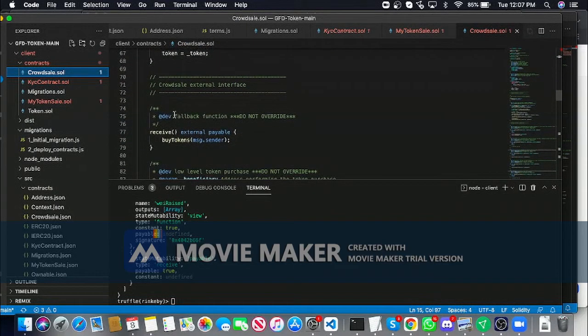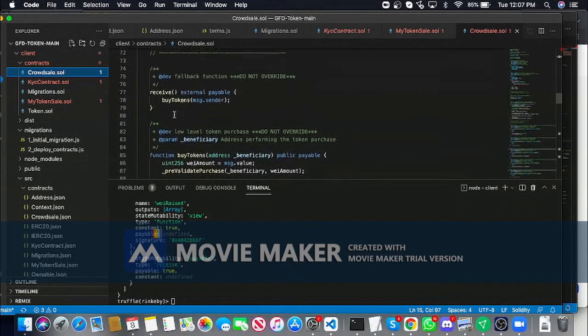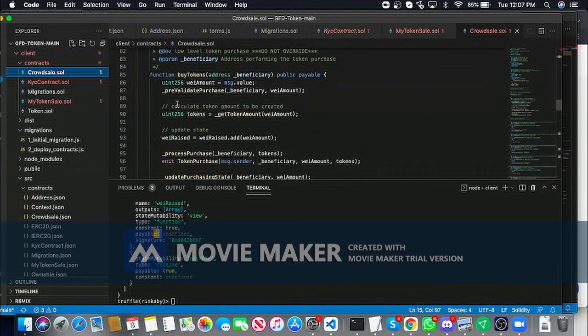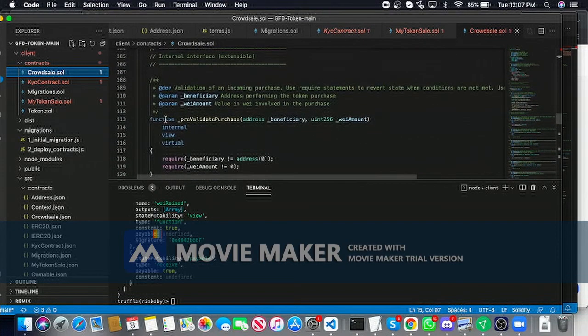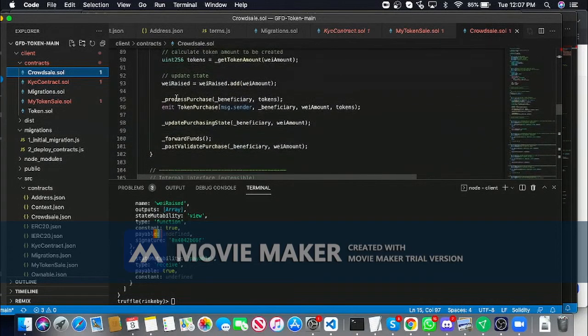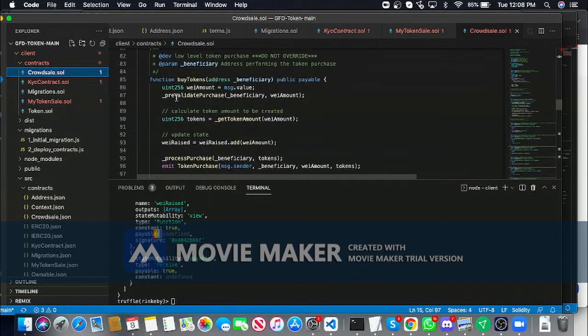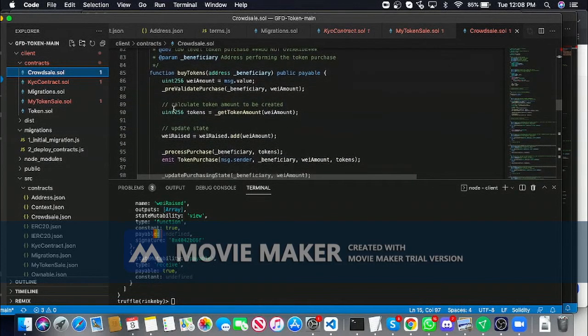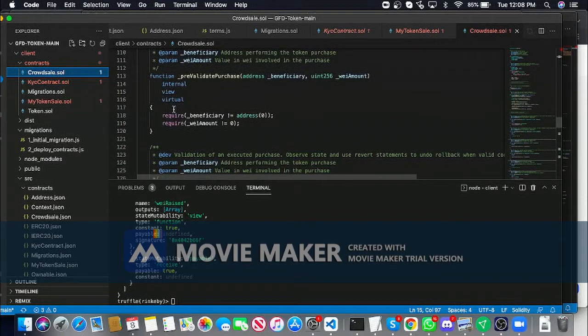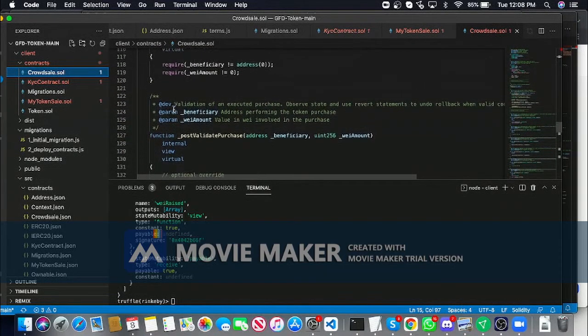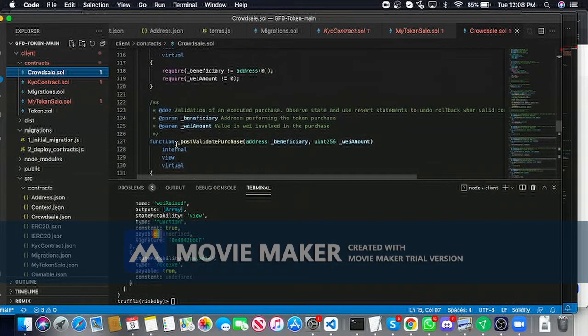So with our Crowdsale contract, you have some important functions. You have buy tokens. That's probably the most important one. You've got some internal functions that, as you can see, are basically how buy tokens runs. But the difference with these internal functions is you're not going to be able to access them